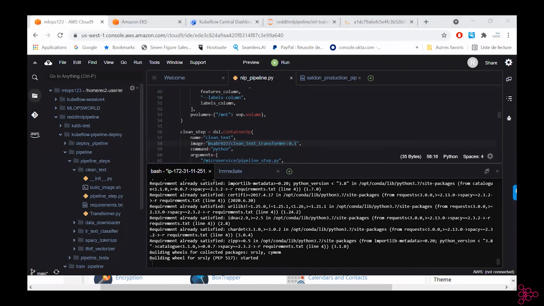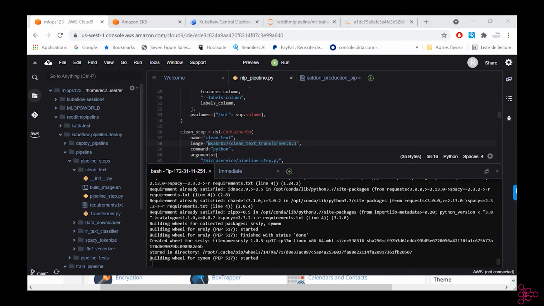For demo purposes, I'm not pushing the images to my Docker Hub.